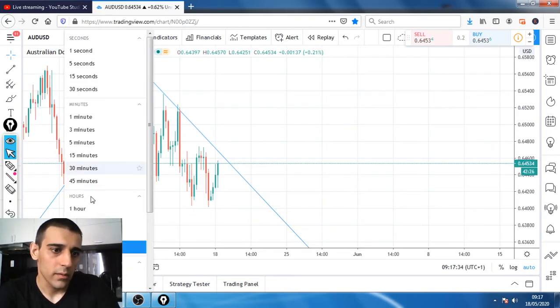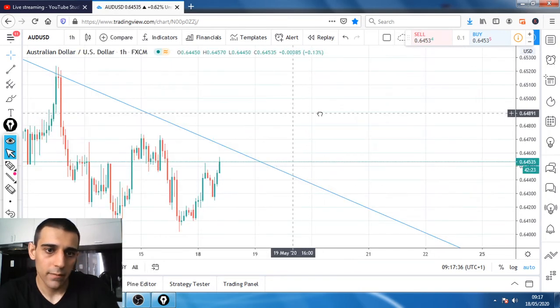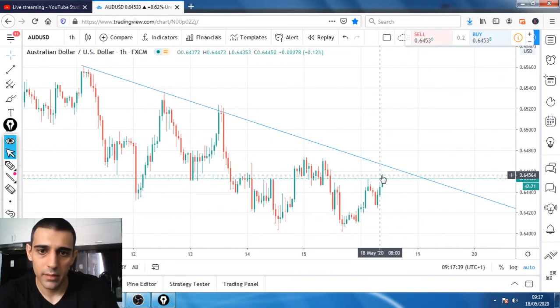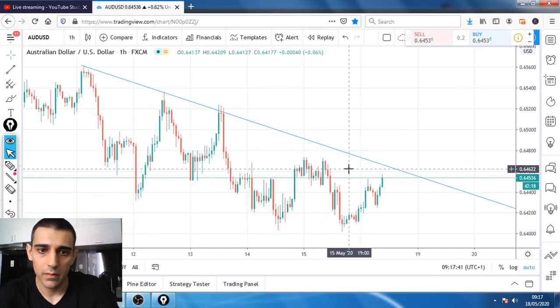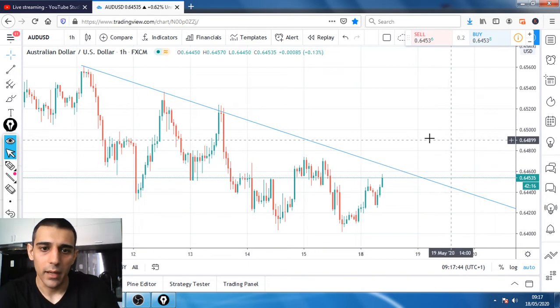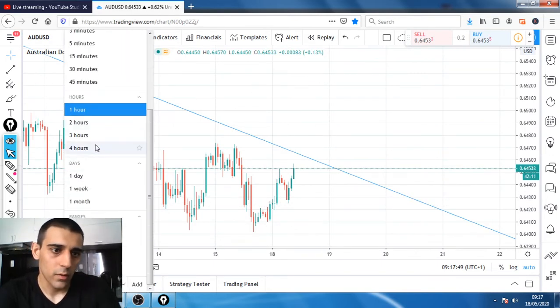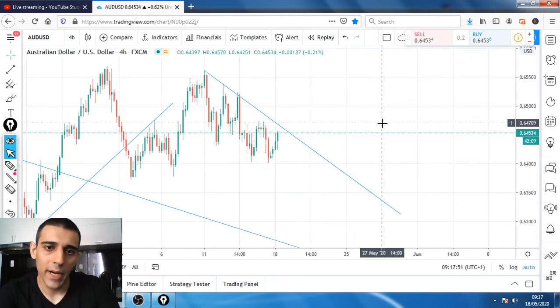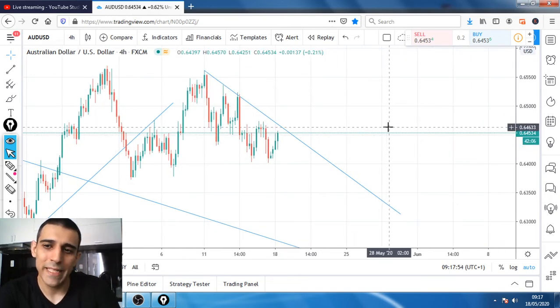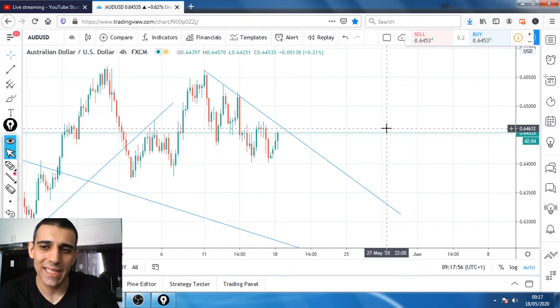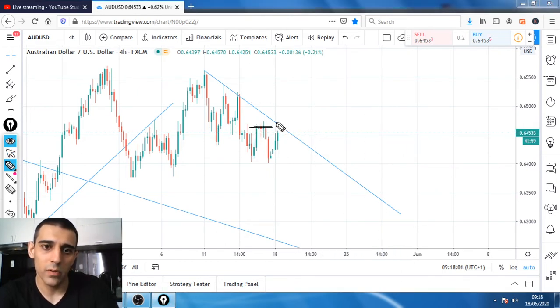Let's go to the 1-hourly time frame and see what we have. The price has nice retracements. Yes, it aligns pretty well. So what I will be looking at on this one, let's go to the 4-hourly time frame. If the price manages to come up around the 64.60 or 64.65 zone, at these 4-hourly highs, where it also comes with this nice trend line in here, so if the price comes up at this level,